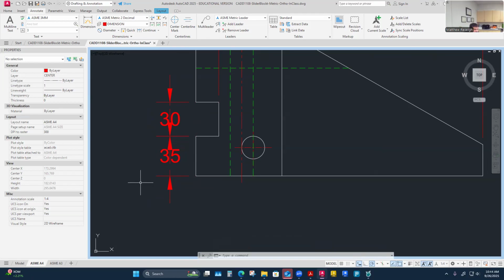So I'll just repeat why we avoid chain dimensioning. It's actually the part, and I think of the creation of the part. So it's beyond just my dimension. What I'm thinking of is trying to visualize when this gets made. This person is going to come up 35 millimeters, and they're going to start this slot that's 30 wide. But if they start this dimension and get it off just a little bit, a fraction more or less than 35,